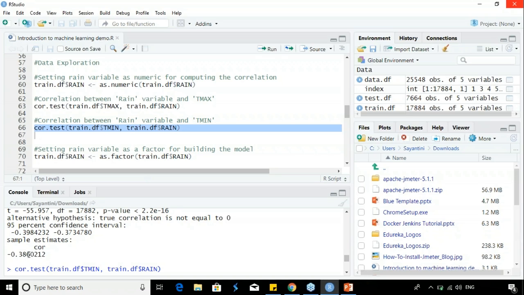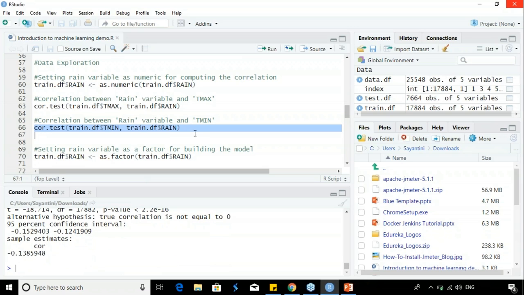Meaning that if you increase the temperature, there is a lesser possibility for it to rain. Similarly, if you decrease the temperature, there is a higher possibility that it's going to rain. That's what the negative sign denotes: a negative or inverse relationship between the two variables.